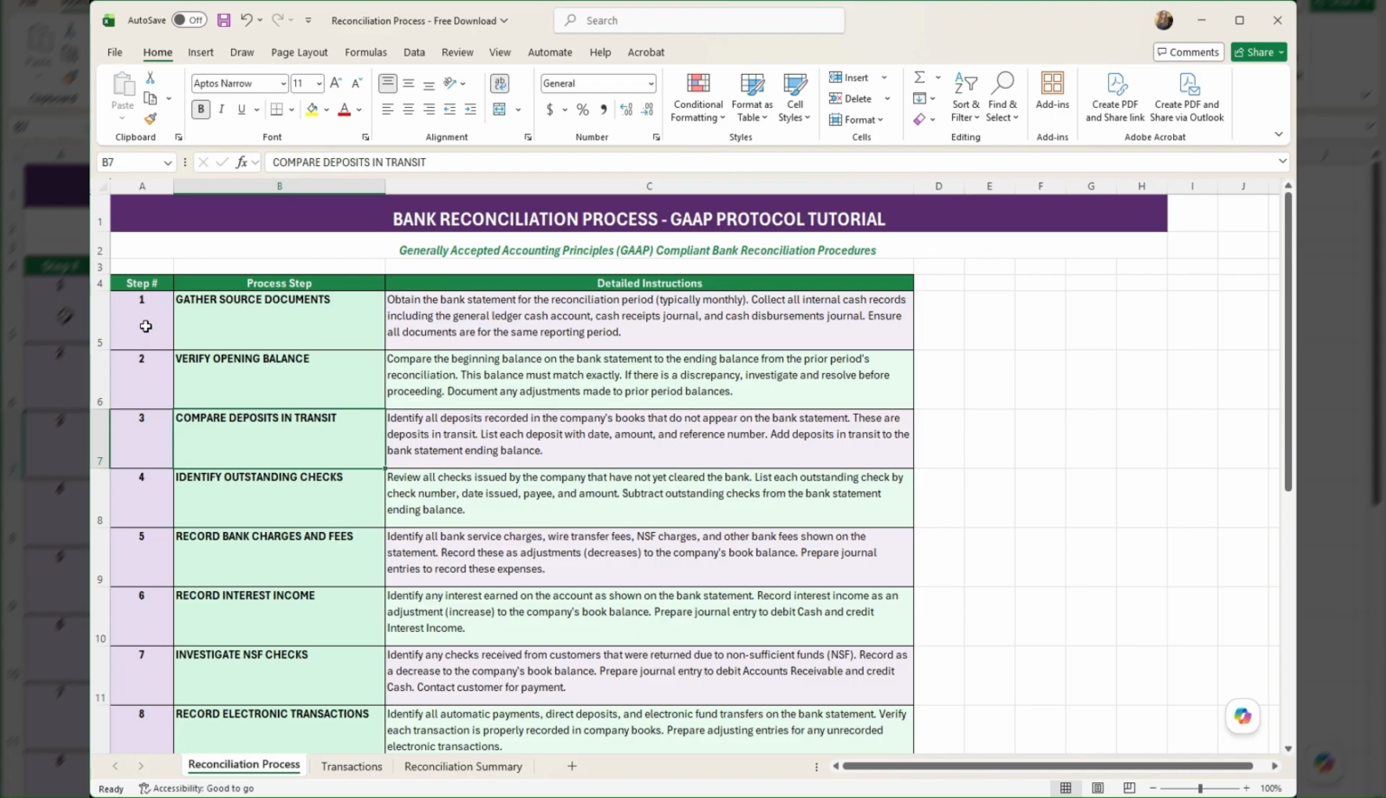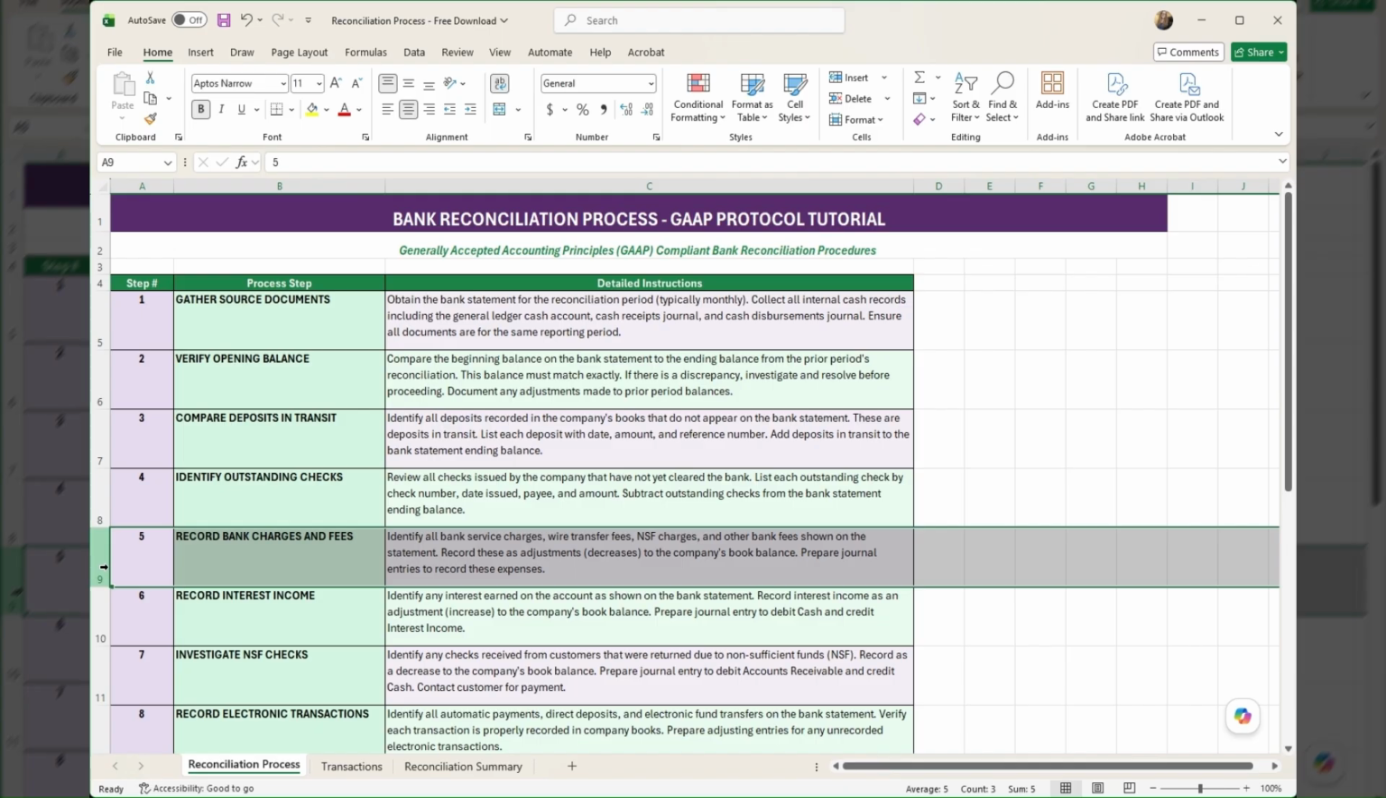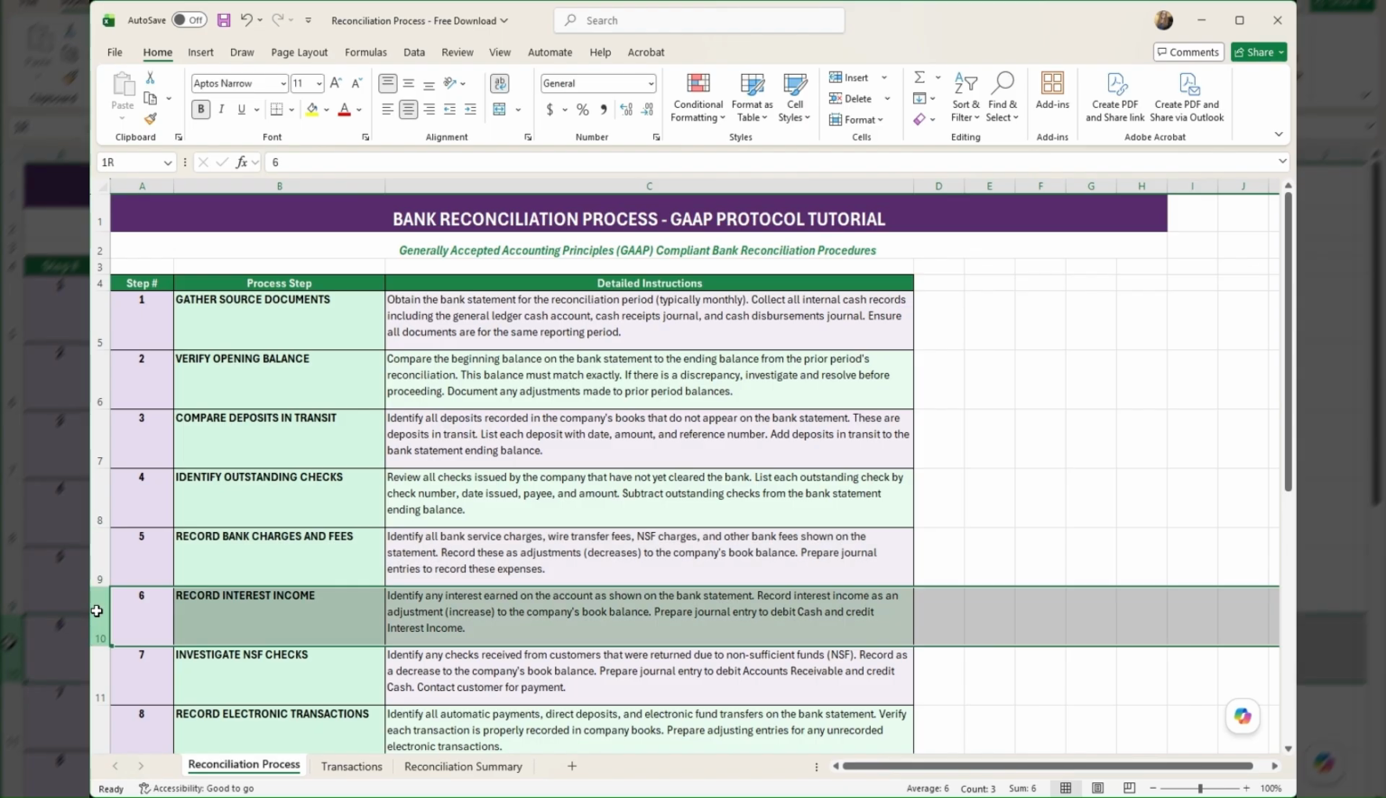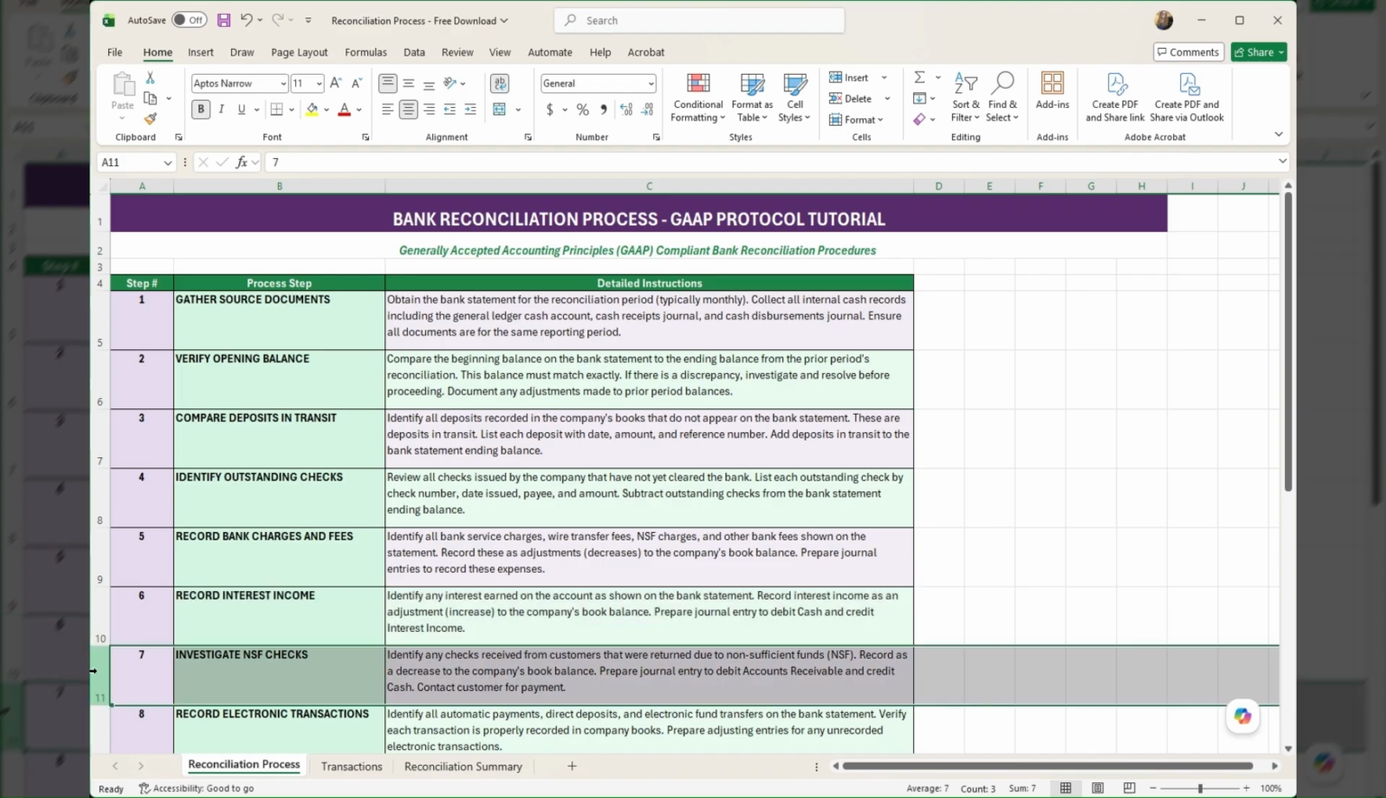So, compare deposits in transit, identify outstanding checks, record bank charges and fees, because those will not be carried over in your software. Those are going to be listed like your bank service charge, $2, or like account status, like you had a limited account availability. You're supposed to keep $1,000 in there. You kept 950, so you got charged $5 because you didn't keep the minimum. So you have a record interest, investigate NSFs,